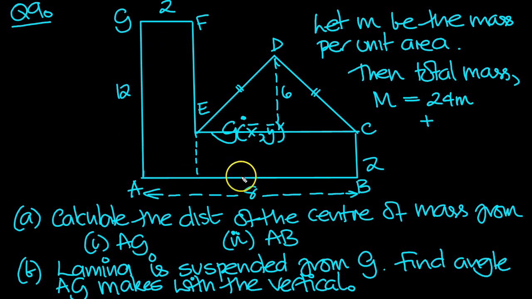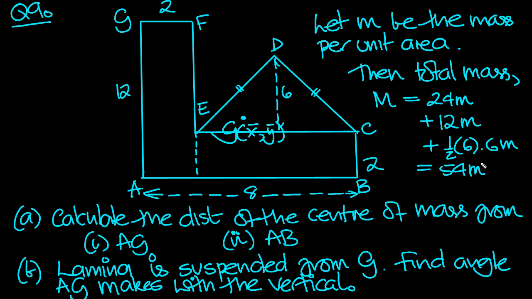Then we've got 6 by 2, which is 12, M, plus that rectangle, and then half base, which is half of 6 is 3, times the height, which is 6, M. So that's 18. 6 threes are 18, and this will be 12, that's 30, 54. So that's the total mass then